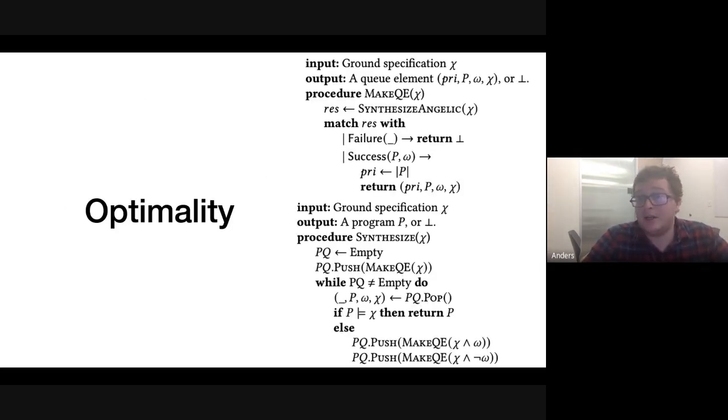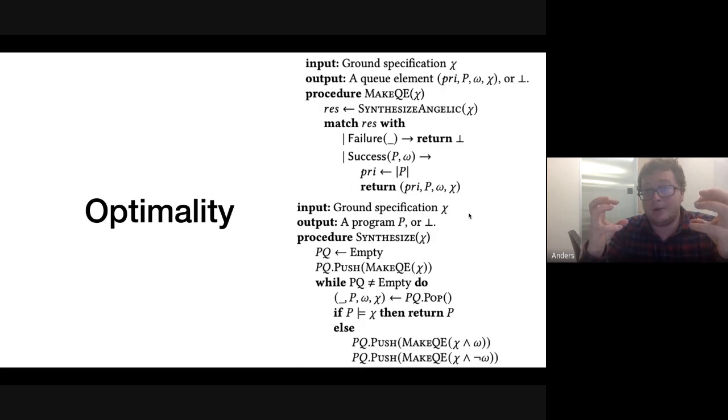We also have an optimality condition. This I'm not going to go into, but remember how I talked about how in our original algorithm, we had this backtracking search. The issue is that we can maybe generate some program that is suboptimal. It returns something that's maybe not the smallest possible program, and that's undesirable. So we do have a way of generating something that we guarantee to be optimal. Namely, rather than say, oh, let me traverse left and then traverse right, we traverse both at the same time.